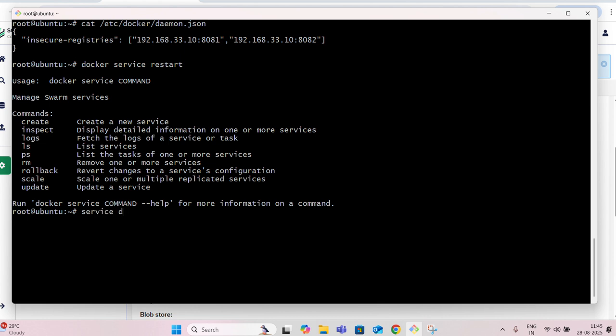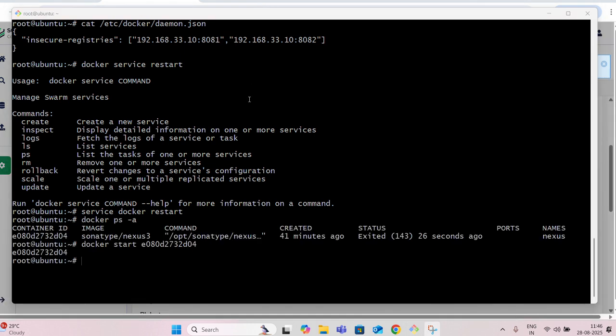Now you can do the Docker service restart. Service docker restart. Once you restart Docker, the Nexus container is automatically stopped. So then I start the Nexus server container again.